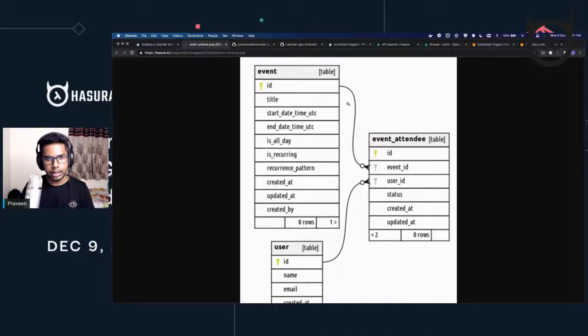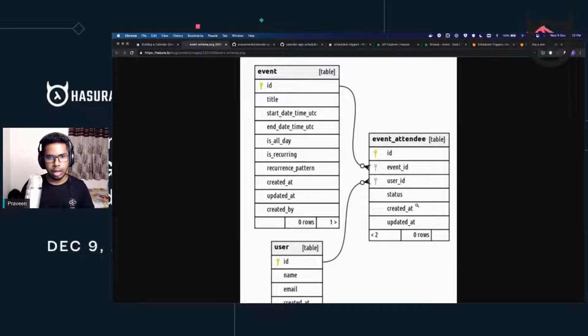I'll need to insert into the event table, and I'll also need to insert into the attendee table, so this is a nested insert in the same mutation. But the problem here is that you cannot check for the availability of the attendee before actually scheduling an event, and you also want to schedule some events